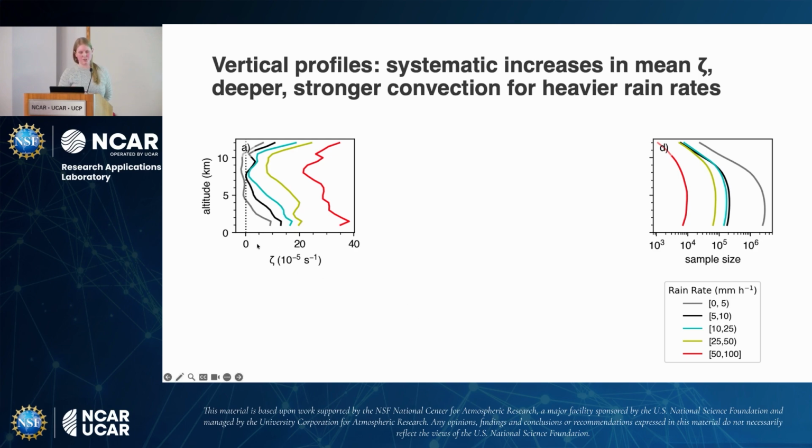So here on the left is the vertical profile of vorticity going up to about 12 kilometers. And we see that as we go to those heavier rain rates, your mean vorticity value is a lot higher. And this extends up to about 8 kilometers or so. There is this increase at upper levels, but as you'll notice in the sample size, we're getting fewer and fewer samples, so this could be simply a sampling issue instead, and less physical, because at those altitudes, you're most likely tapping into stronger convection.